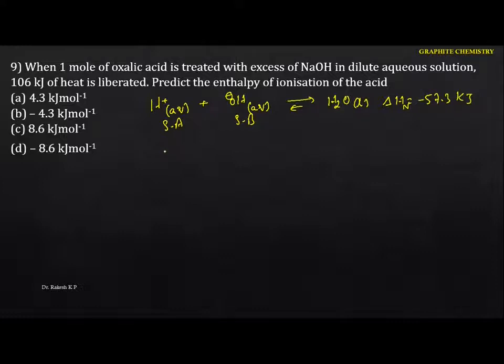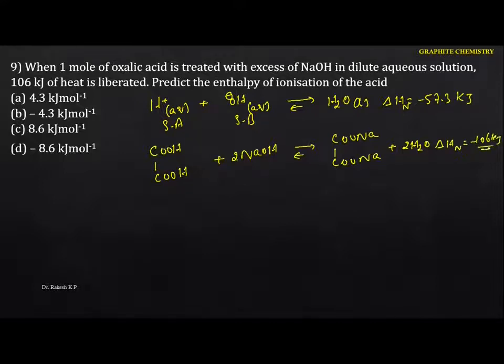But in the given condition, they have given the oxalic acid. Let me write the particular oxalic acid. So we know that oxalic acid is a weak acid. Okay, and whenever it is treated with the sodium hydroxide, let me take it in this form. This is the 2 moles you require, because it is a dibasic acid, and here we got the sodium oxalate like this. So we got the respective salt, and also we got the water. Okay, so now see the enthalpy of neutralization for this one. What they have given is minus 106 kilojoule. This is the given condition.